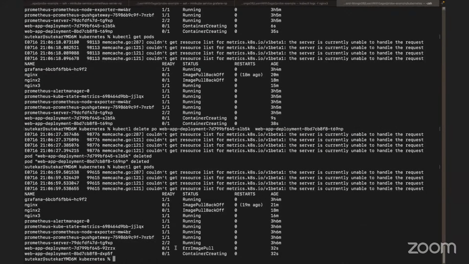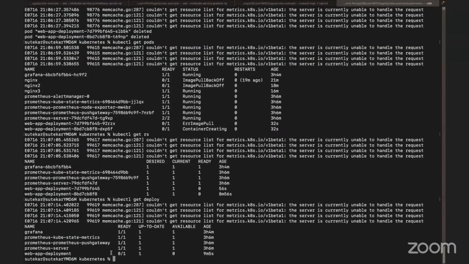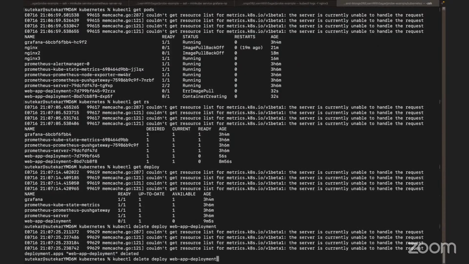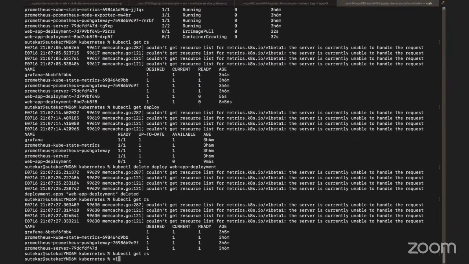Okay, kubectl get replica set. How many deployments do we have? kubectl get deploy. Web application deployment. I'll delete this deployment and let's try to recreate it. Delete deploy web app deployment. Let's see how many replica sets are deleted. And now